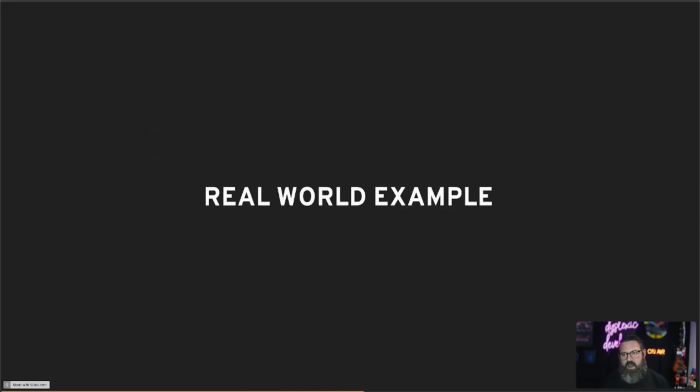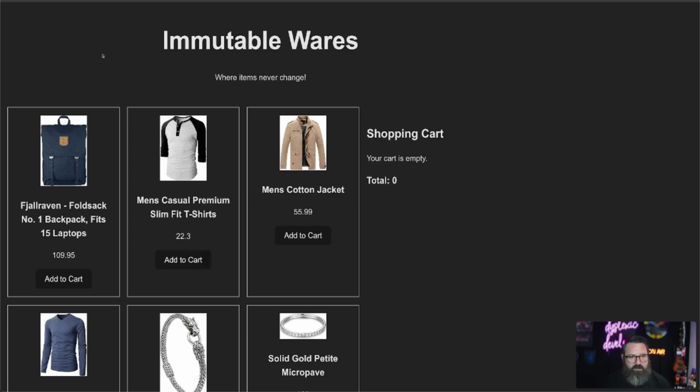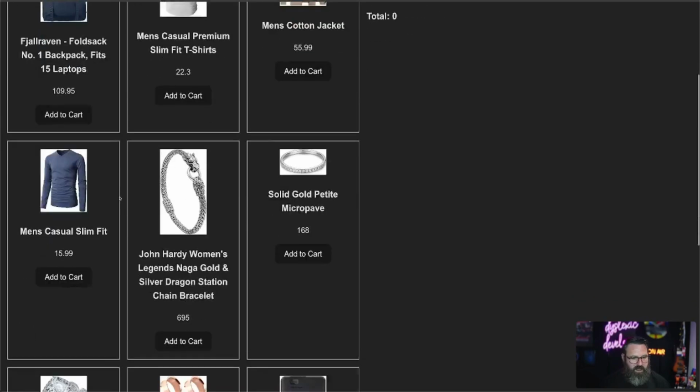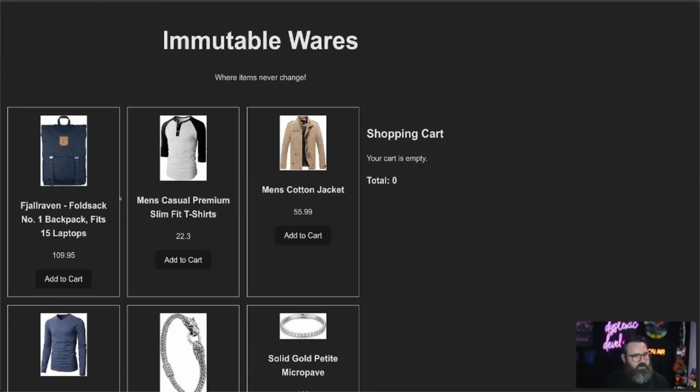So let's take a look at a real world example. We have the Immutable Wares site where items never change, and thanks to the powers of AI for generating a shopping application for me and putting puns in. So we have a shopping application where we have different wearables, items, and this is just a Vite client-side application